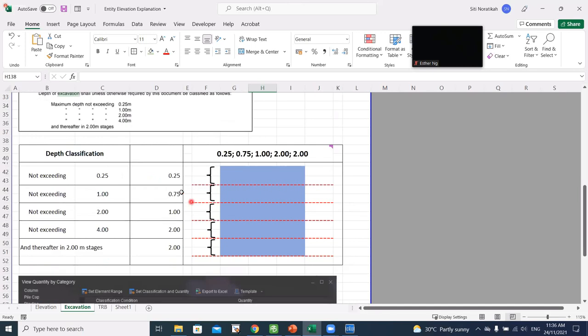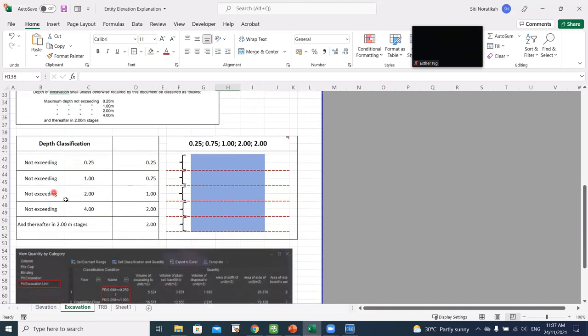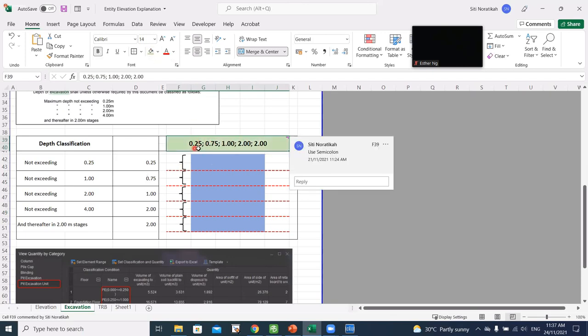So in order to allow the software to calculate based on this requirement, we need to key in the form of like this. So how can I actually get the 0.25, 0.75, 1, and 2, 2? So how can I actually get this kind of quantity or value is that,